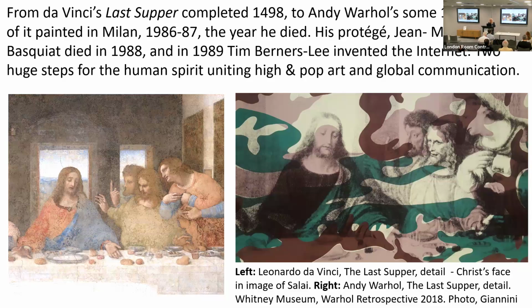But from Da Vinci's Last Supper, completed in 1498, to Andy Warhol's some 100 versions of it, painted in Milan, 1986 to 87, the year he died. His protege, Jean-Michel Basquiat, died in 1988. In 1989, Tim Berners-Lee invented